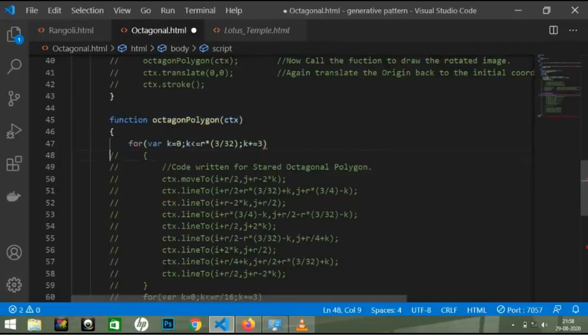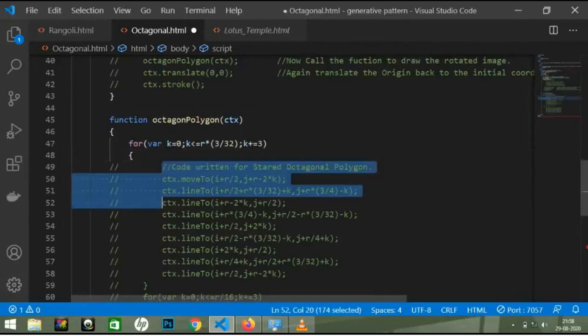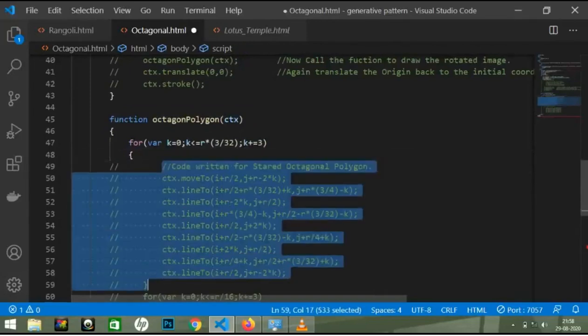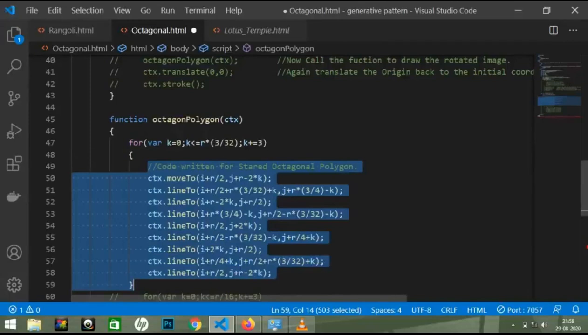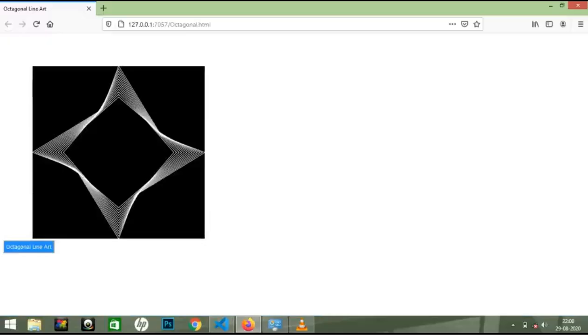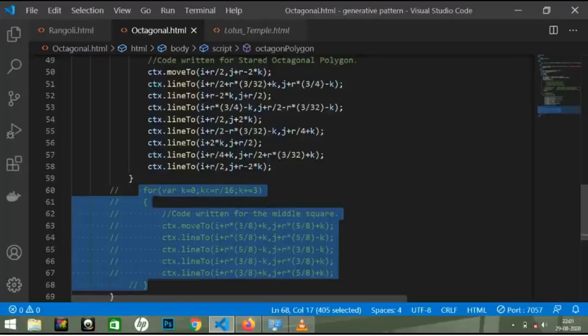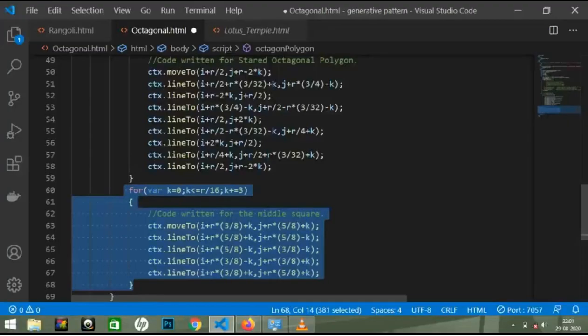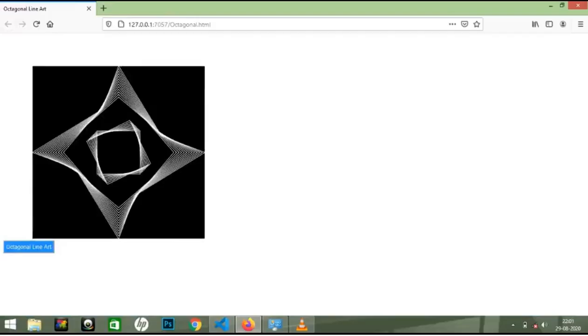So let's first uncomment the code written for the outer octagon, save it and see the same in the browser. After this, I am going to uncomment the code written for the middle squares, save it to see them in the browser.